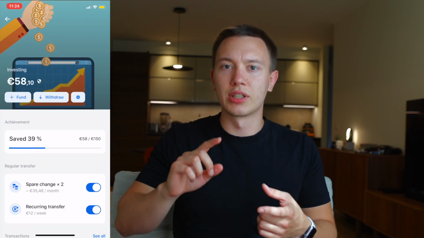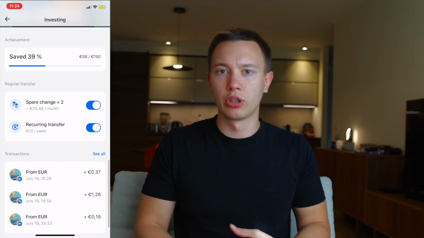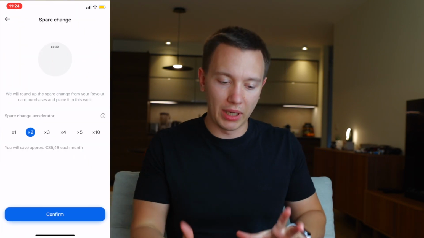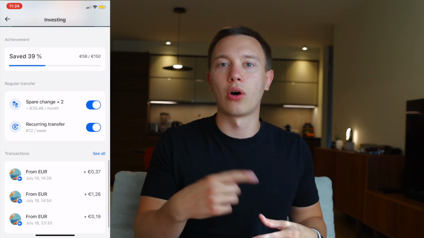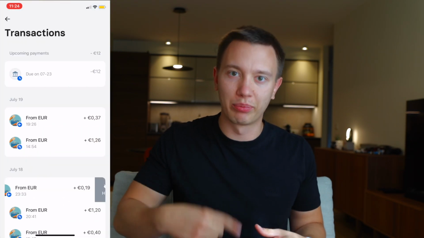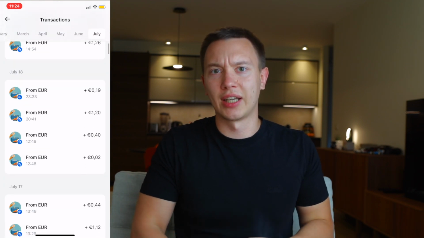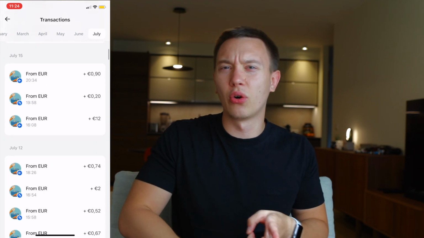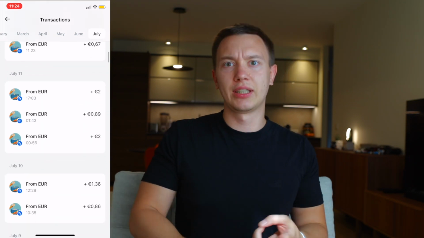So what I do is I set that all my spare change is rounded up and then transferred to the Vault account each time I use Revolut. So basically I don't even notice how that investing account is building up. Second, I have set a weekly 12 euro payment to that Vault. Again, it's small enough that I don't really notice it, but significant enough when you calculate it over a period of 1 month. And then from time to time, I add random additions of a couple of euros or a couple of cents, just to round up numbers. And that is it. That's my whole vault.